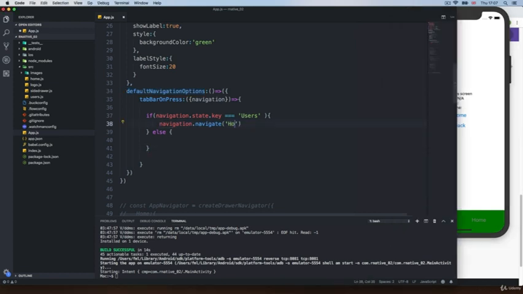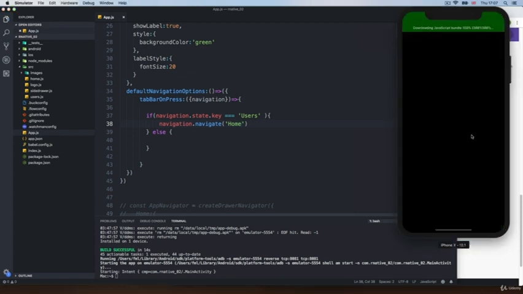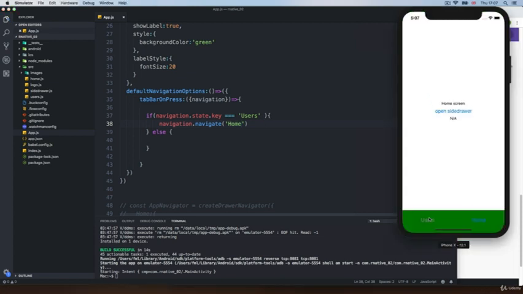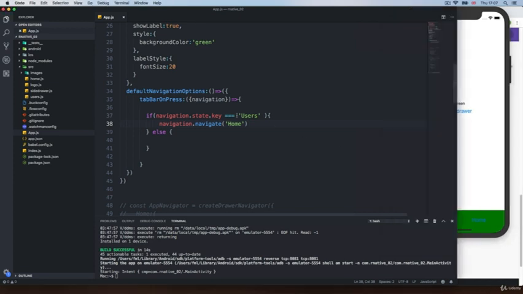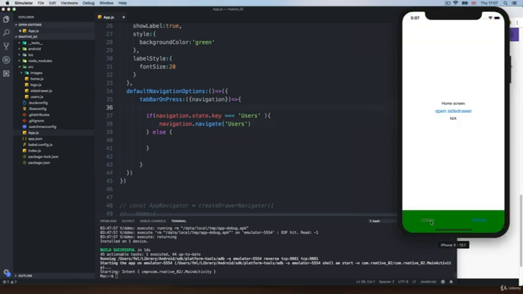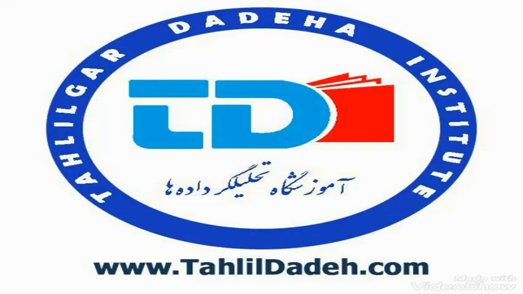So if I say home, for example, instead of going to users, it's going to get redirected to home. Notice that I click it and it's staying on home. So okay, right now we are not doing anything. So what happens if I select this, right? I reload the application, go to users, and then go home. I'm going home and nothing happens. And it's because we are only